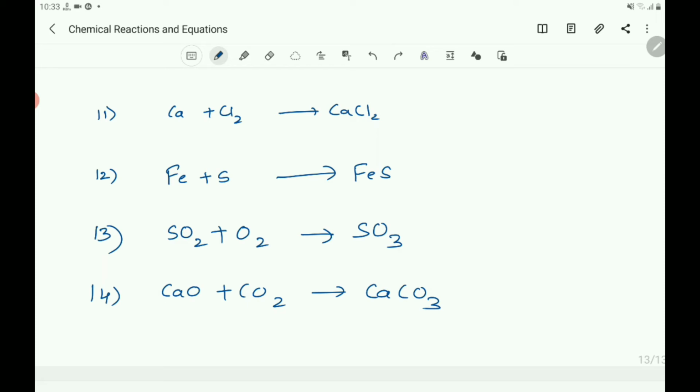Now you try to balance it. Here S is the same number, but oxygen O2 plus O2, 4 oxygen atoms are there. Here 3 oxygen atoms are there. To balance it, what can you do? Here 2 plus 2, 4 is there. So by multiplying this by 2, 2 2s are 4, 4 plus 2 is 6. Then you can make here 2. Then you got 2 3s are 6 and 2 S. So it is balanced.